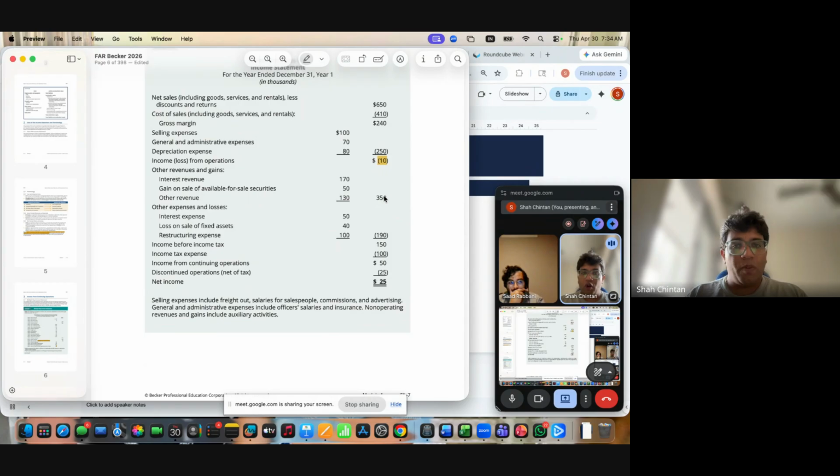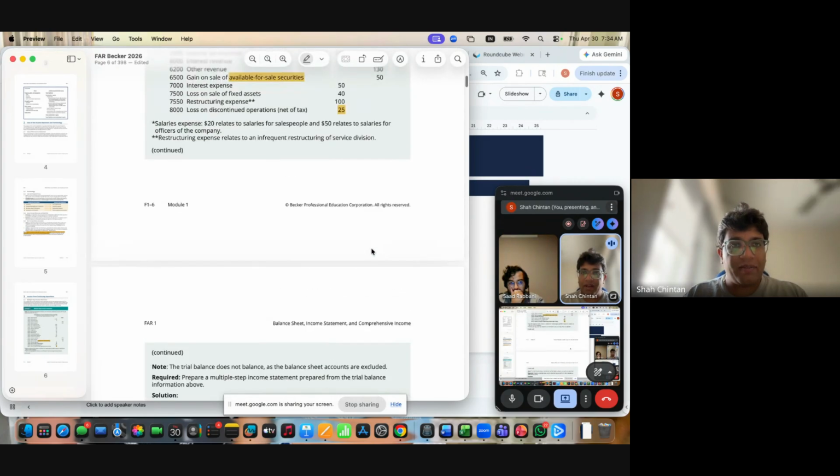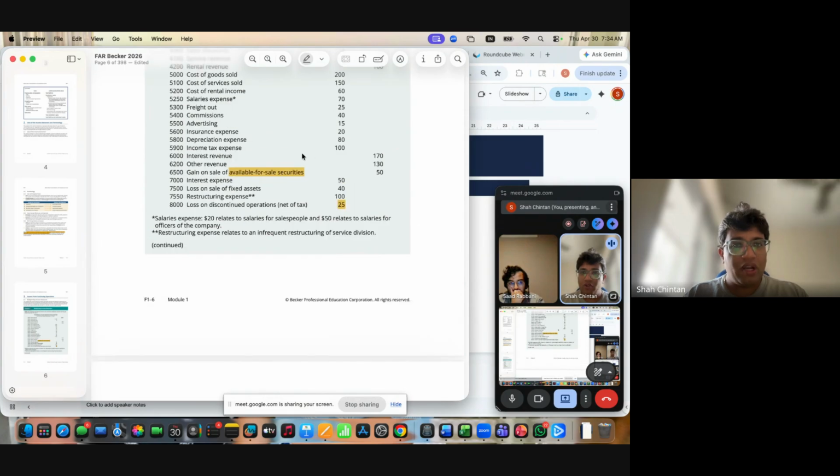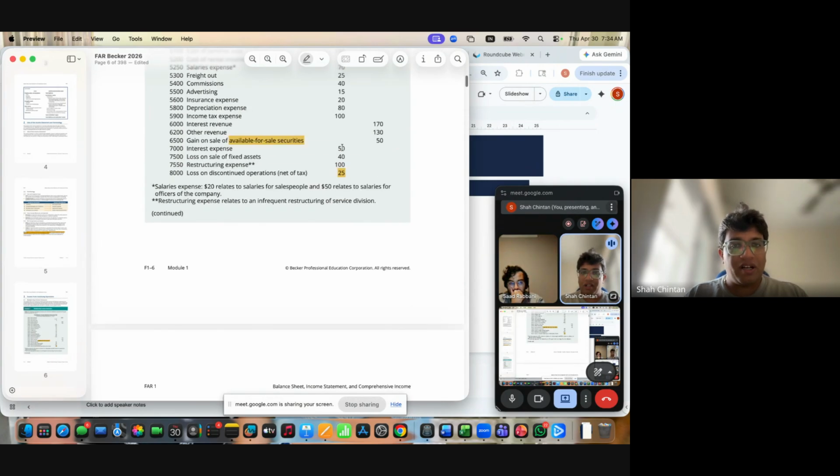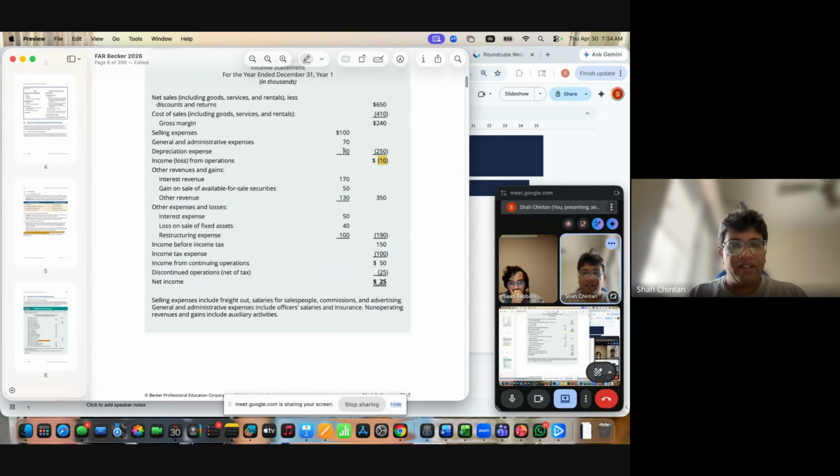You have a non-operating income minus you have a non-operating expenses. Unusual expenses gives you total income before tax of $150. And you have certain tax rates given in the question, or you are given directly an income tax expense. So you have an income tax expense here, which is $100. So 150 is your total income minus income tax expense of 100 gives you $50 of net income from the